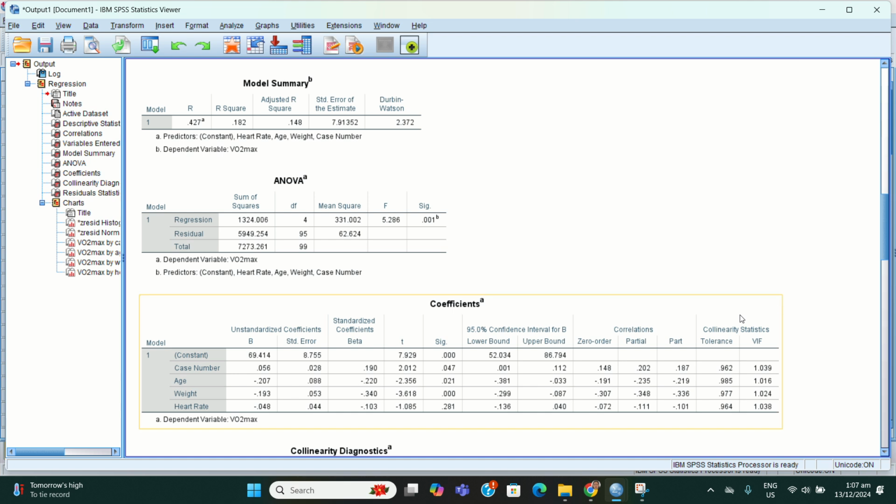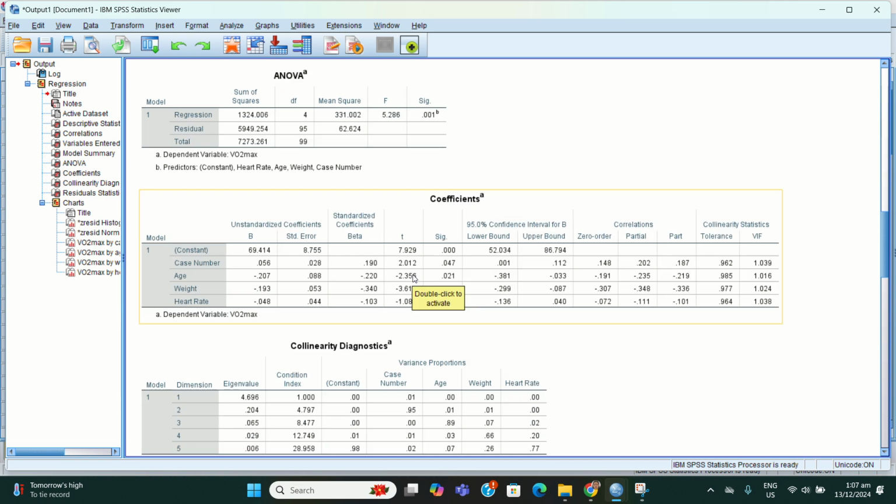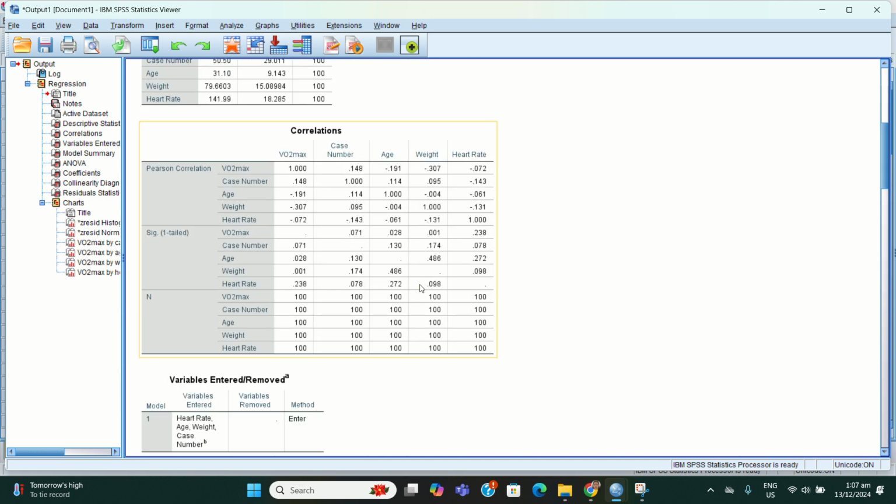Here is the table for the collinearity statistics. The tolerance must be greater than 1. Then for the correlations, you have to check that there should be no correlations of 0.7 and up.